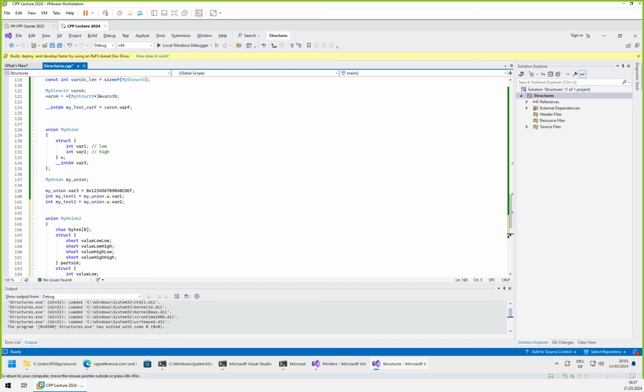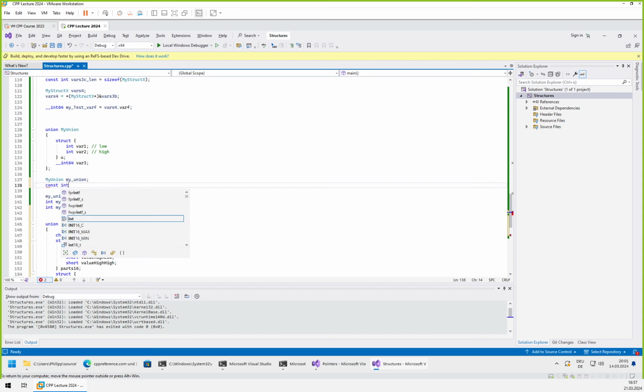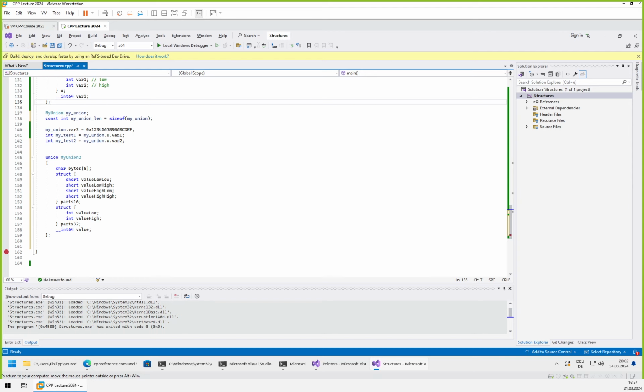Again, the size of the union, oh, we didn't do the size of, we should do the size of my union. So const int union len is equals size of my union. We don't need these brackets, so we see here it is 8 characters, and of course here it would still be 8 characters. So I think this is already obvious, and ultimately there is one more thing which one can do with structs